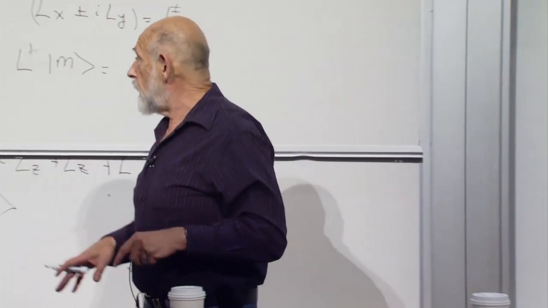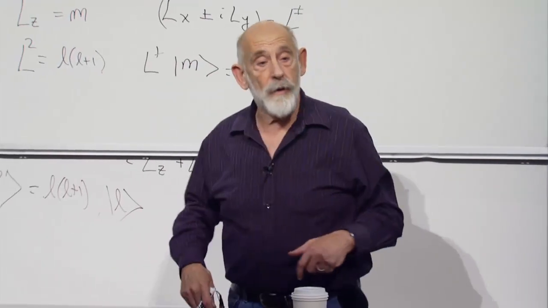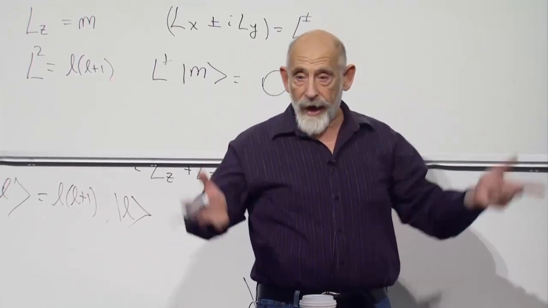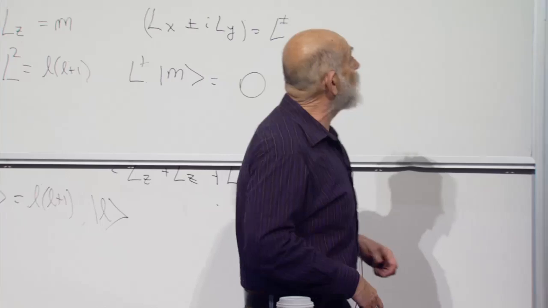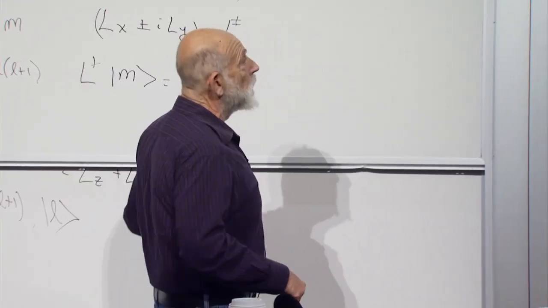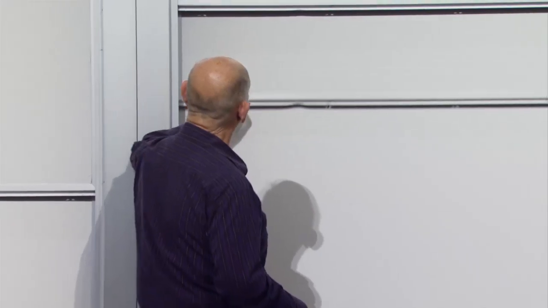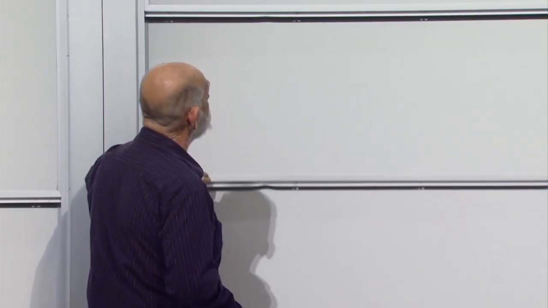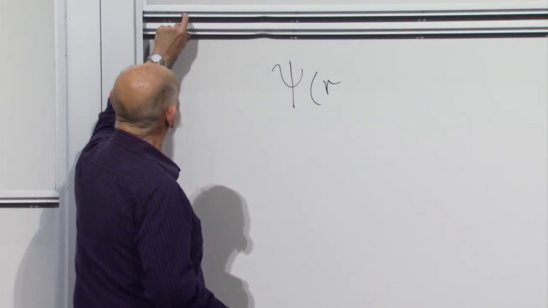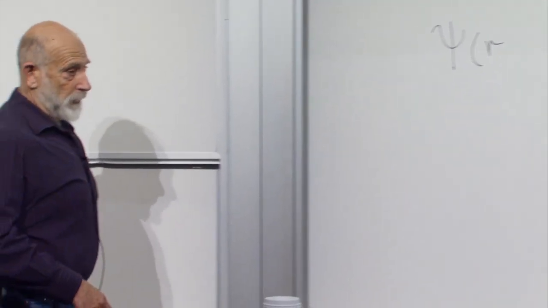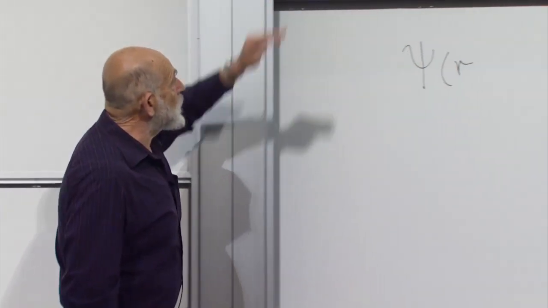If we know the angular momentum, then we know that the angular part of the wave function is just one of these spherical harmonics, which I've erased, but that's gone. But we don't have to worry about it. It's a one-dimensional problem,